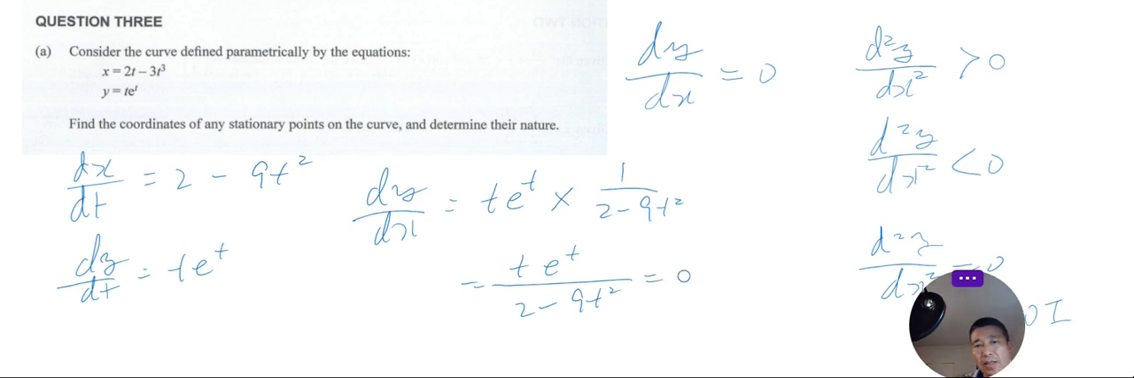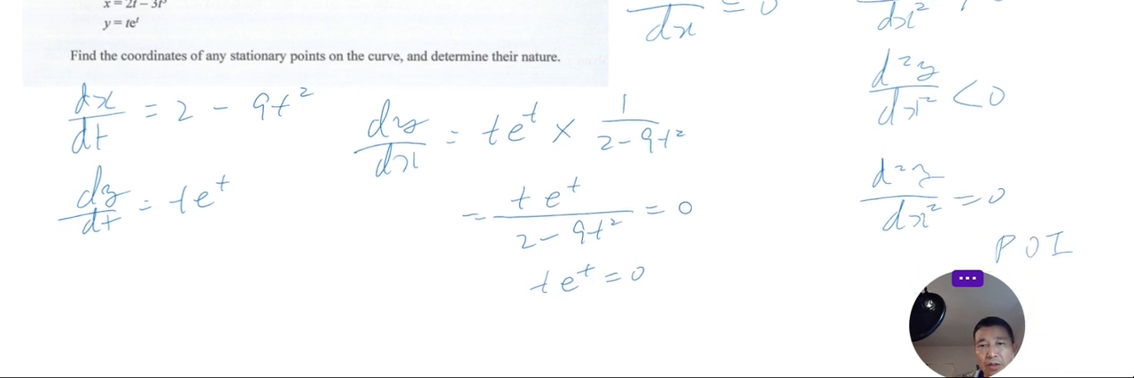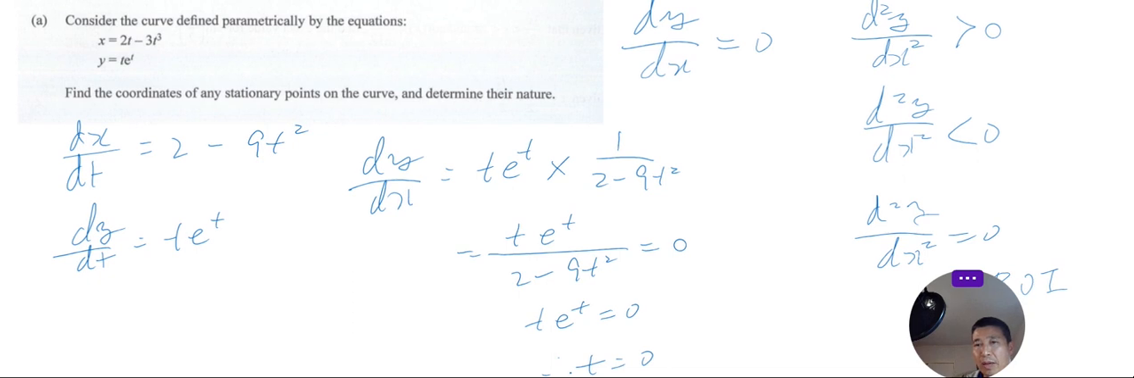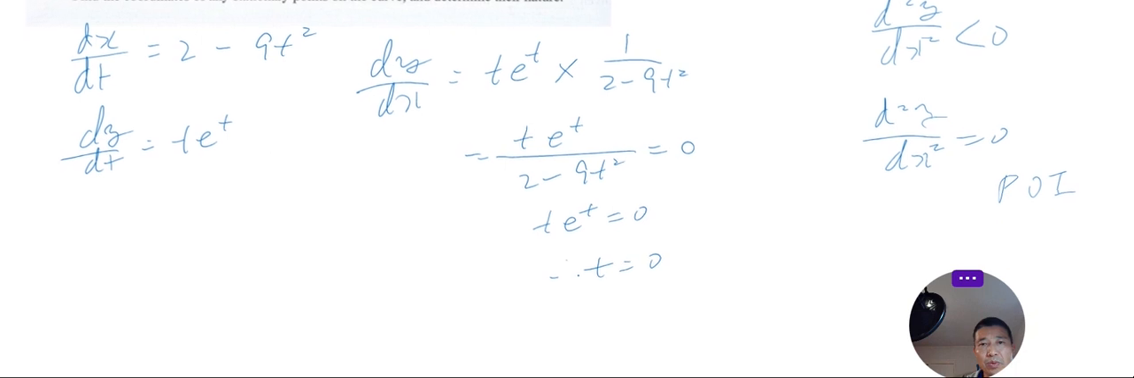So, t e to the power of t must be 0, isn't it? So as you know, e to the power of t can't be 0. Therefore, t must be 0, isn't it? So when t is 0, what is it? Is that a local maximum or minimum or point of inflection? So obviously we have to